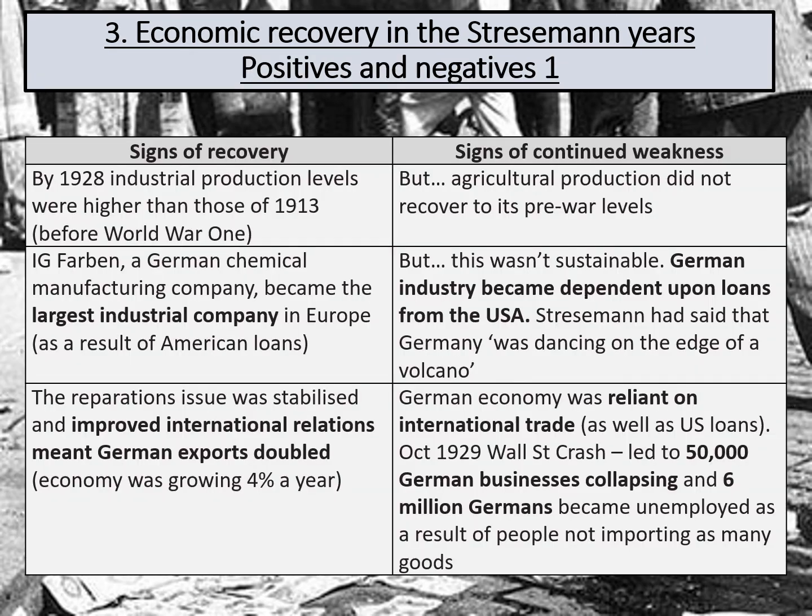So what did this economic recovery look like? What were the good and bad points? And these examples are going to be really, really useful to you in the exam, because you're going to need to give examples of what was good about this economic recovery at this time, but what were the issues, what were the weaknesses? So first sign of recovery was industrial production levels at last overtook those from 1913, so before